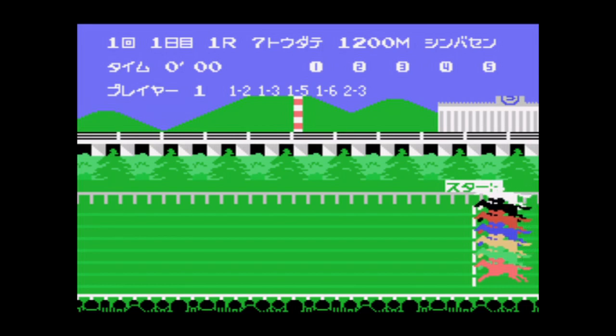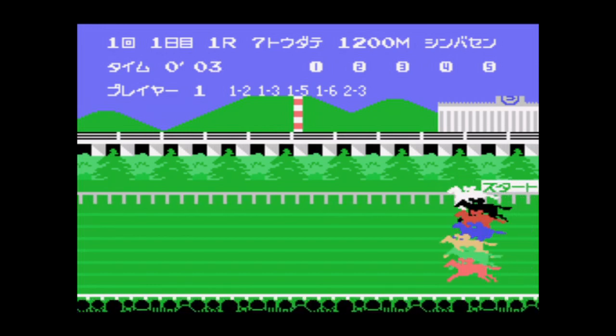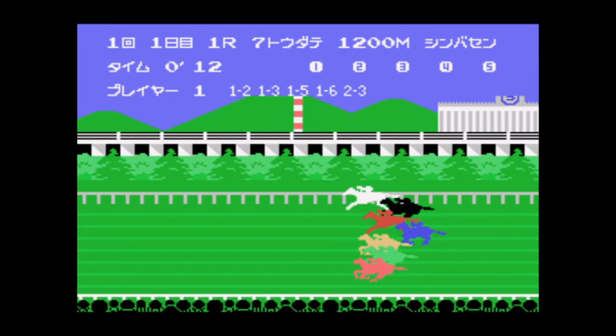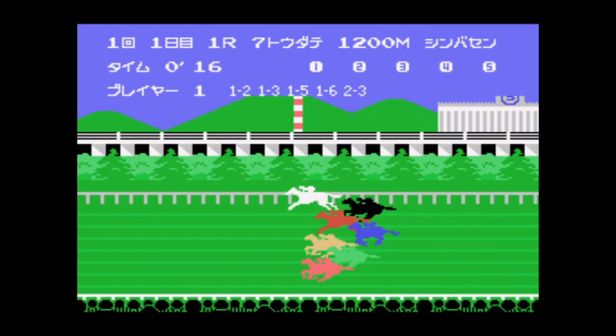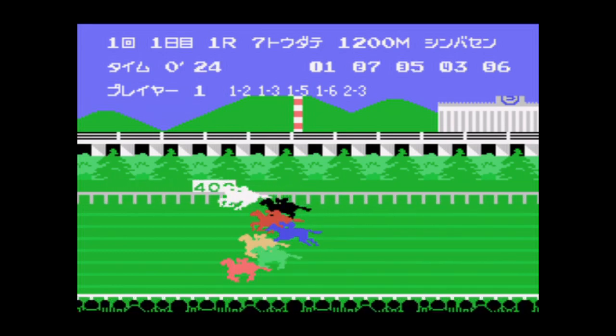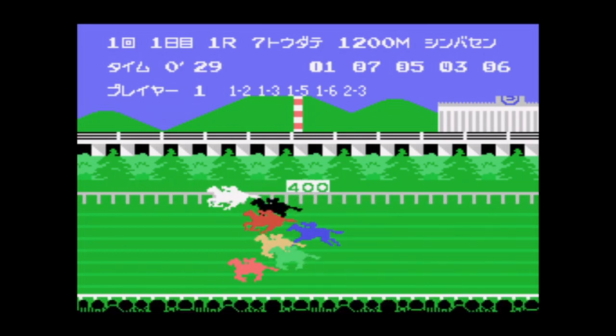And from what I've been able to make out, since I don't speak Japanese, is that you do place bets on the horses and you watch the race to see which horse ends up winning. It probably was similar to this, however, this could not possibly be the same game, as this game was created by a company called